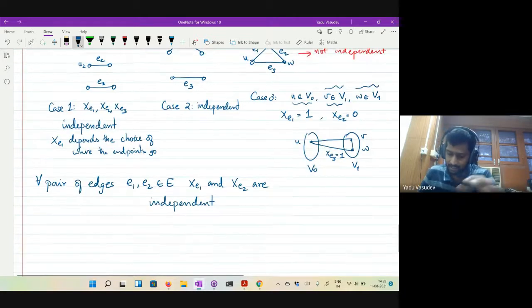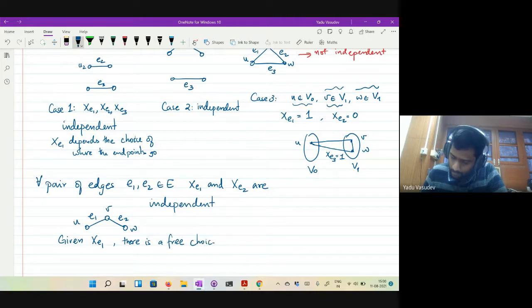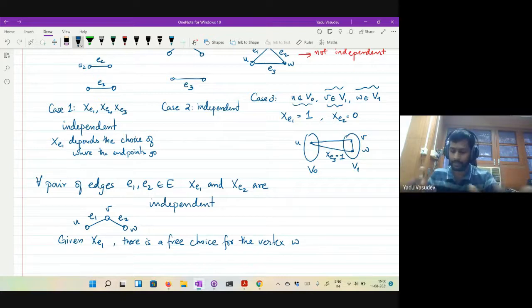The reason is that even if they share one vertex, the easiest way to see this is that if I tell you the value for Xe1, then there is a free choice for the vertex W, and therefore it can be in the cut or outside the cut with probability half, and therefore Xe1 and Xe2 must be independent.